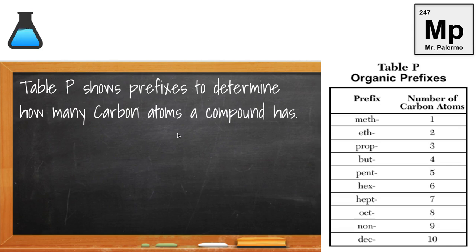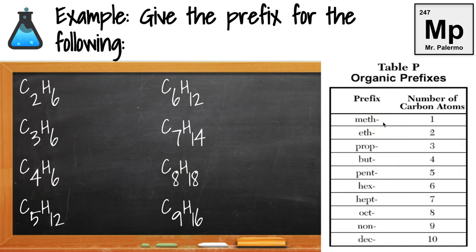The next reference table we're going to look at is Table P, and that shows us prefixes to determine how many carbon atoms a compound has. Here is Table P with all our prefixes. Let's see some examples. If you're given a formula C2H6, 2 carbons, we look on Table P and we see that is going